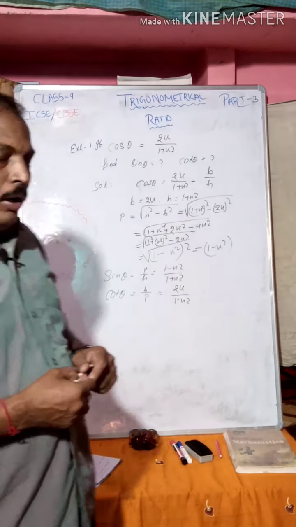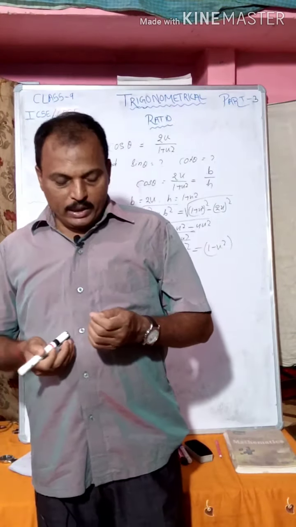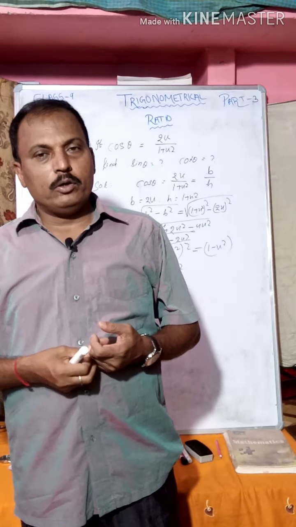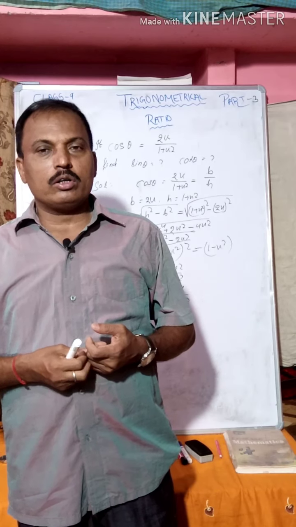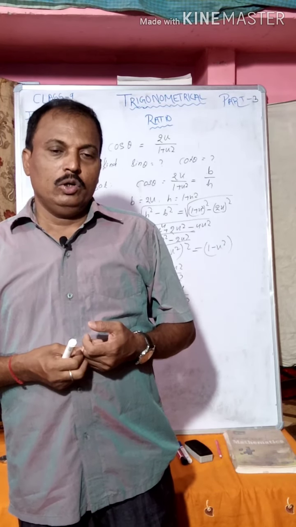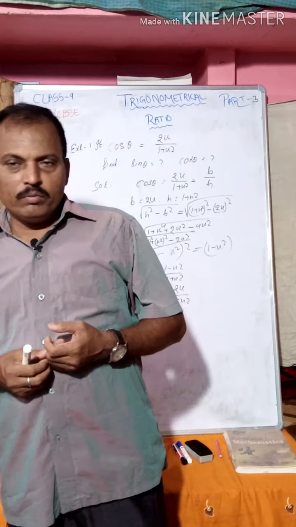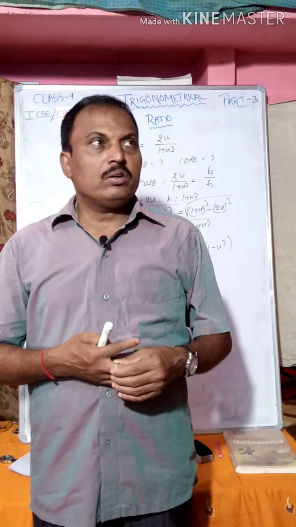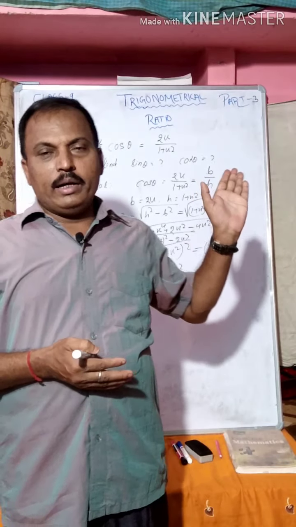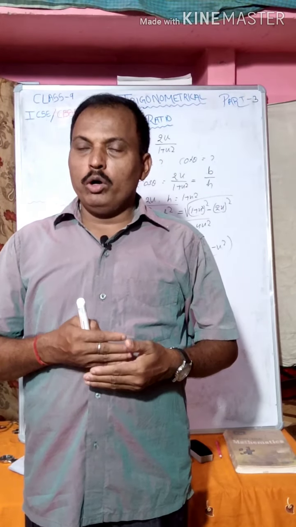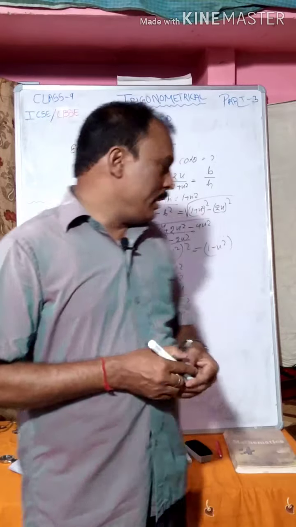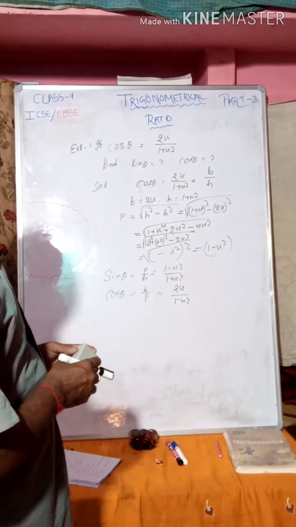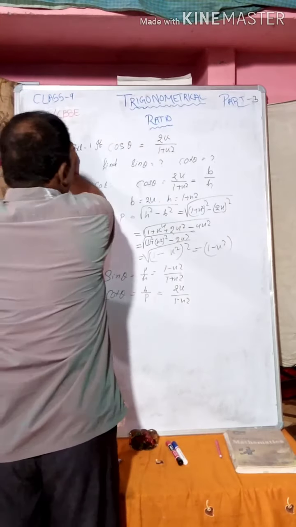So whenever we find out the p, b, h value, we must find the value of sin, cos, tan, cot, sec, cosec. So it is not a critical topic, but trigonometry always needs more and more practice. Then next we will go to another example. Take a screenshot and we will go to another example.